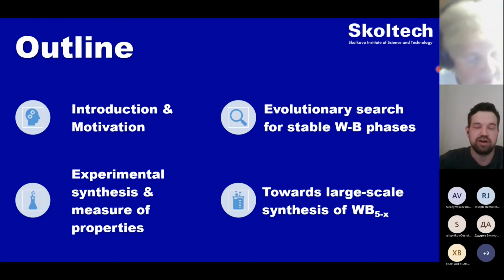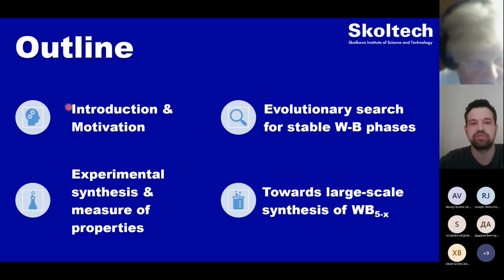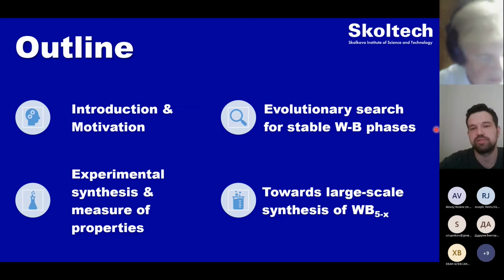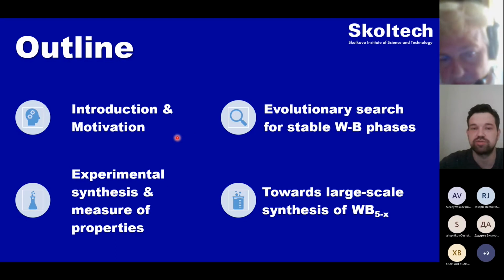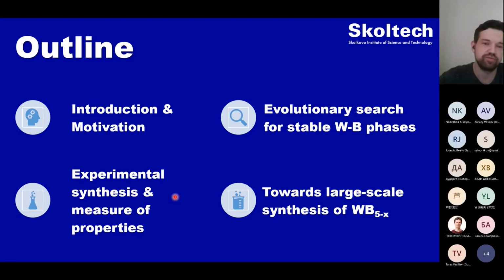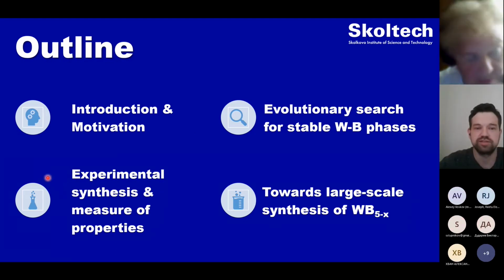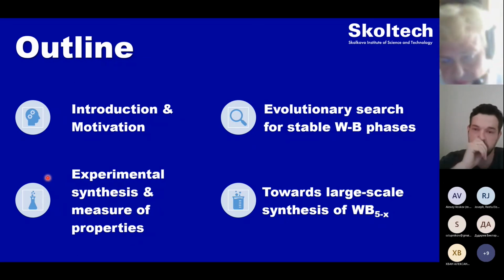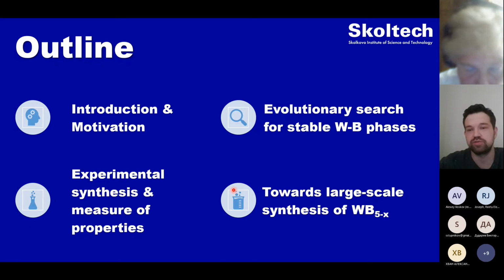Here is the outline of my talk. First, I will tell about the motivation for this work. Then I will briefly explain the results which we obtained during the evolutionary search for stable tungsten-boron phases. Then I will move to experimental synthesis of this material with measuring of its properties. And the last part will be devoted to a new method which will bring us towards a large-scale synthesis of this